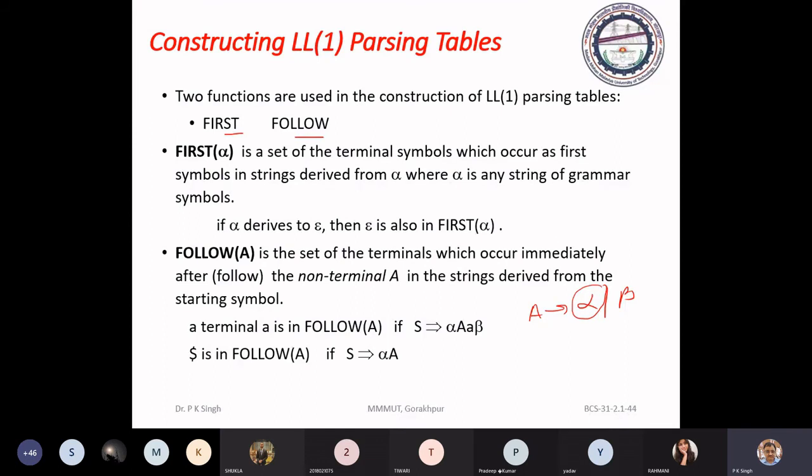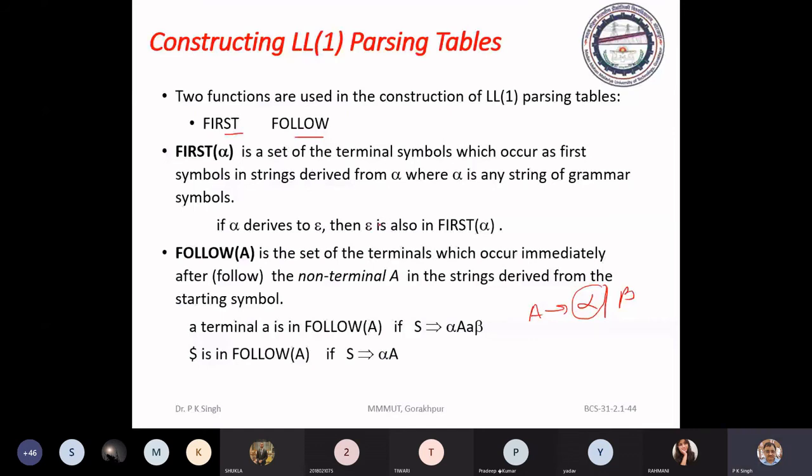And you have to keep this thing in mind, then it will be very easy to understand. For follow, especially we consider follow for non-terminals.